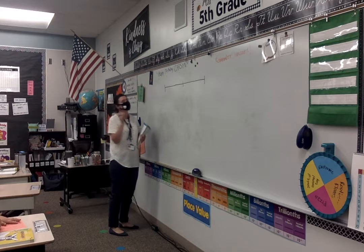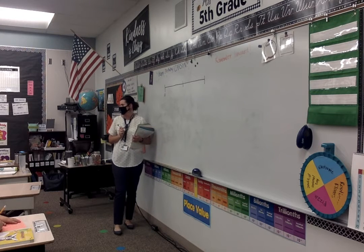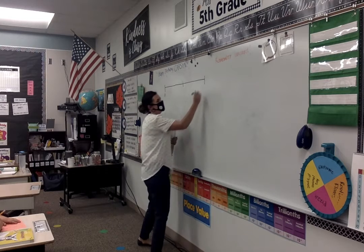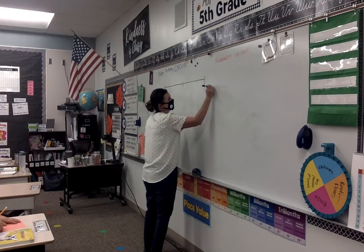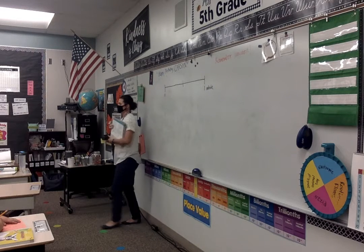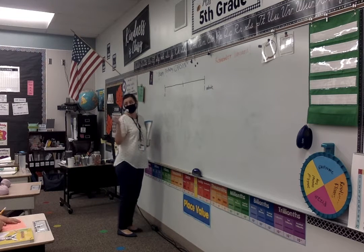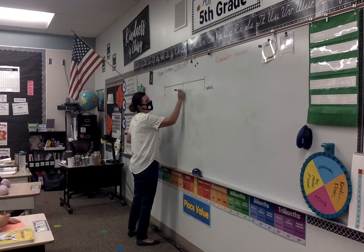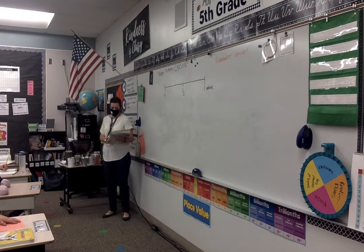Okay, so if we take a look right here on this bar, this represents 0, right, because it's 0 parts. And this represents 1 whole. Raise your hand if you think you know what this part would be right here. What do you think, Riley? 1 over 2? Yeah, or what do we call it? A half. Right? That would be a half. Okay, well,